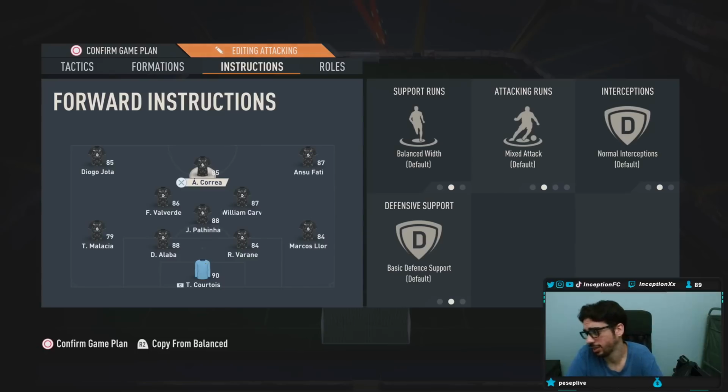Correa, listen, man, I tell you guys this all the time. Correa has amazing attacking AI. I love this card's attacking AI. It was the same thing last year. He's perfect to have in that middle position. Try to get any sort of card that you know has a good attacking AI. It could be the Keane card, it could be Correa, it could be Mbappe. It genuinely doesn't matter. On balance, if they have the proper movement, they will be sick to work with,